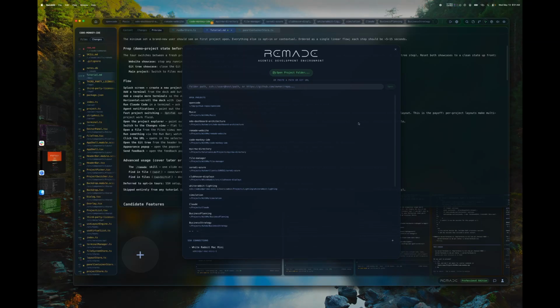Hey, I'm going to show you how to use RemADE today. This is our new agentic development environment. It extends from the old integrated development environments we used to use as programmers. So first of all, when you launch it up, you get this splash screen, and when you're using it for